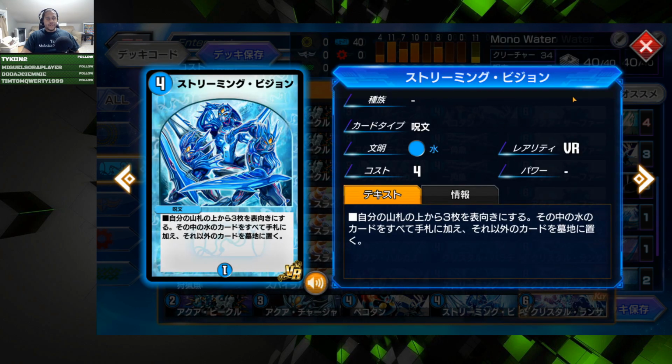Then we have 2 Streaming Visions. Streaming Vision says reveal the top 3 cards of your deck, put all water cards into your hand, and the rest go to the graveyard. So since our deck is all water, it's just a 4 mana draw 3 cards that our opponent will know about, which honestly isn't a bad thing